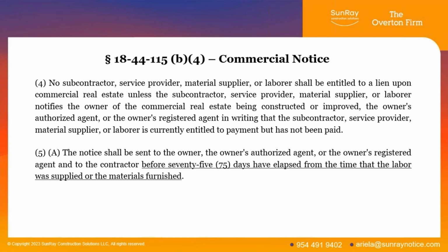Again, late fees don't extend that out. Going back to do warranty work or to check on something so you can bill them doesn't extend that. It's 74 days from the last day labor, materials, or equipment were supplied pursuant to the contract. And that 74 days comes up quick in commercial. Anybody on this that has done commercial as a subcontractor or as a GC, but especially as a subcontractor, understands that on a large project,